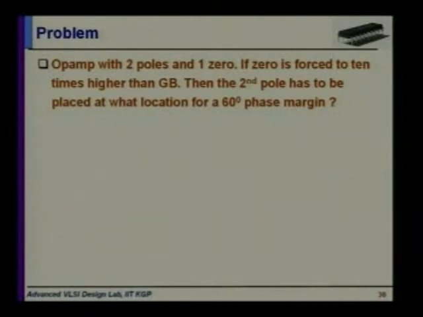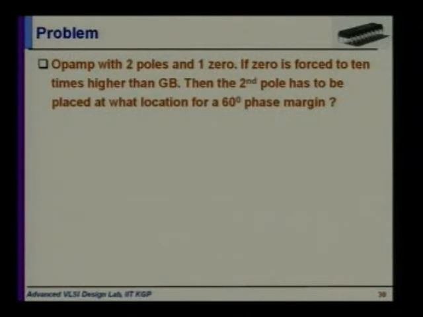When we start the design of the two-stage op amp, we will provide some specifications. Specifications means slew rate, open loop gain, the range within which the circuit operates in the linear region, and the output load that it is driving. These are a few specifications. Depending upon that, you have to choose all the transistor aspect ratios W by L with the tail current, and the most vital thing is the compensation capacitor.